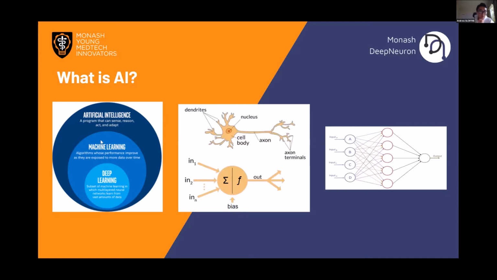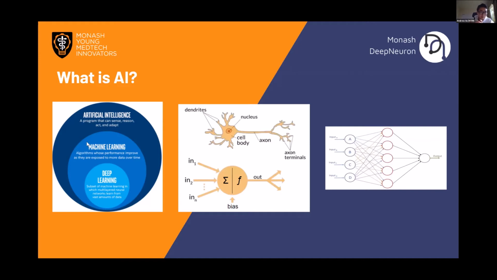And if we hone in on this part, I'm sure a lot of you have heard of or are familiar with the term machine learning. That's a much more specific subcategory of artificial intelligence, which describes an algorithm or program which learns what it's supposed to do based on iterations of doing the same thing over and over again. The theory behind machine learning concepts comes from the field of statistics, and there are a lot of different types. But in terms of applications in medical diagnosis, what we're really interested in, and which is one of the most popular methods of machine learning, is called deep learning and the use of neural networks.